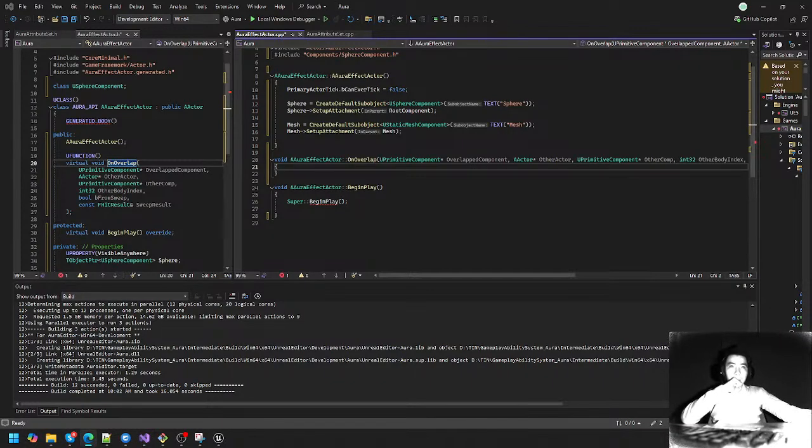So we'll generate the function. Here's the definition. And we'll bind this to OnComponentBeginOverlap on our sphere, which we must do in